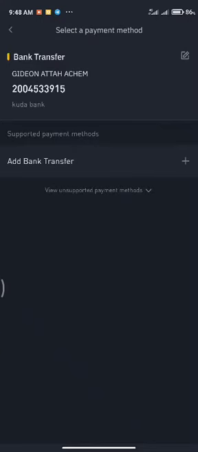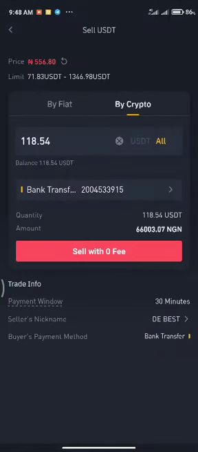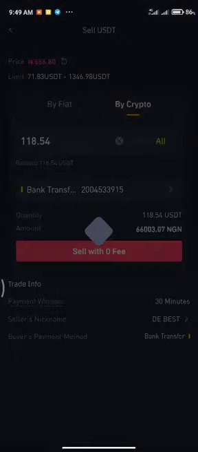Then payment method, I tap on it, touch my payment method which I selected. Then one thing, before you carry on with any ad, read the person's description and details so that you will get his instruction. I don't think this guy wrote any instruction here, so he's just using the normal basic instruction. But some people write instructions that they charge 100 naira for bank fees. Some will write that they pay only specific banks. So make sure you read through the instructions before proceeding with any trade. If you read anybody's instruction and it doesn't fit or you are not comfortable with it, you leave it and find another trader, to avoid stories at the end of the transaction or later on in the transaction. So this one, I'm going to tap on sell with 0 fees